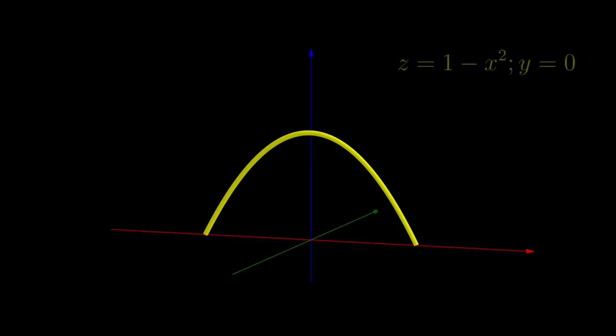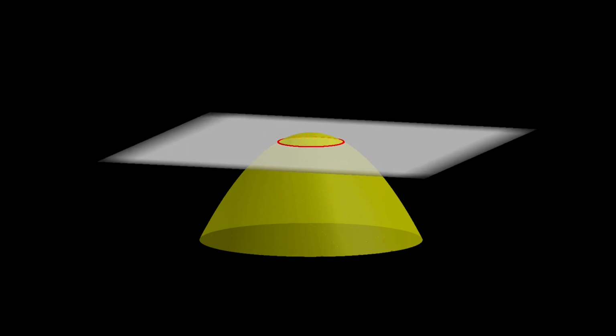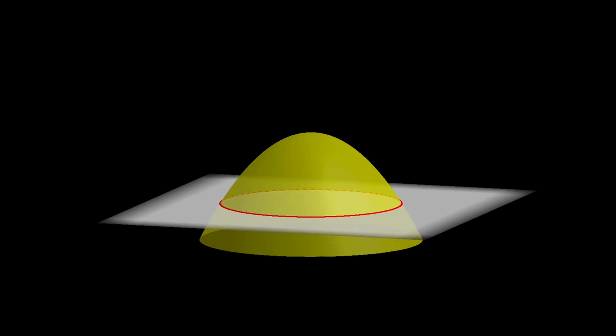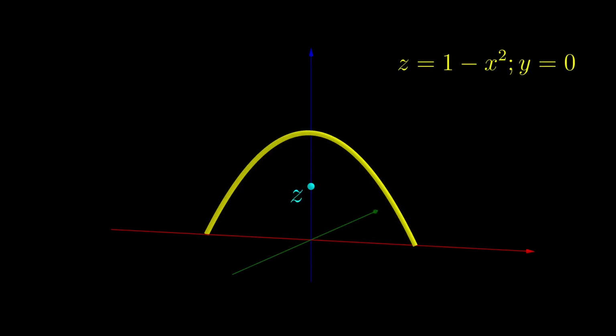To construct a paraboloid, we first take a part of a parabola. In this illustration, we have chosen 1 minus x squared as the parabola on the plane y equals 0. Rotate this about the vertical axis to form the paraboloid that we want. The horizontal cross-sections for the paraboloid are all circles, but they differ in radii, so the cross-sectional areas would not be the same. More precisely, at any particular height z, the radius of the cross-section would be the length of this line segment, which is the x-coordinate of the corresponding point on the original parabola.